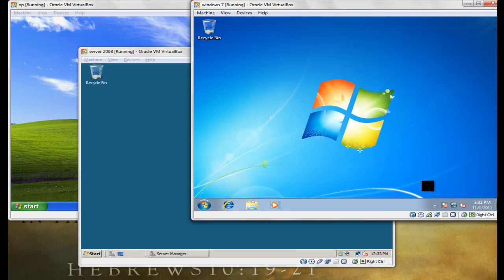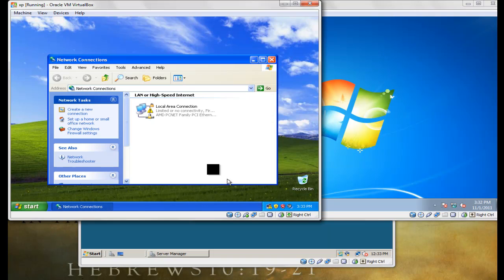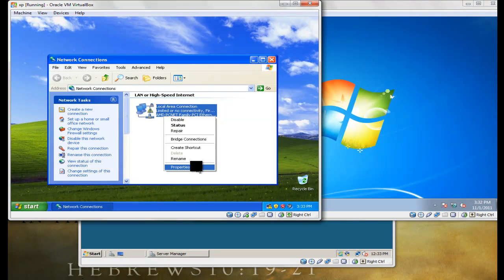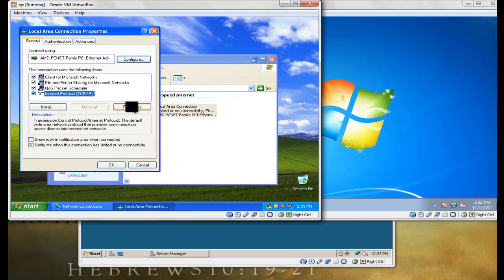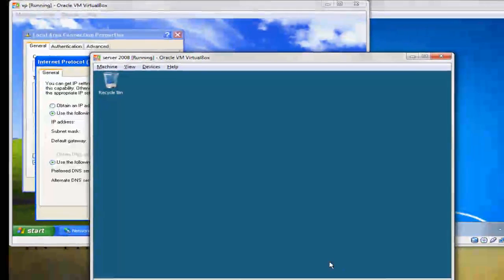Now we need to set static IPs for our two virtual machines. Right click on our network adapters, open network connections, right click, properties, go on Internet Protocol, properties, use the following IP address. We would set it to 192.168.1.2. The reason why I set it as 2 is because the IP address .1 is already taken by my server. Subnet mask is already filled, and you need to put the default gateway as the server IP, which I set in my last tutorial as